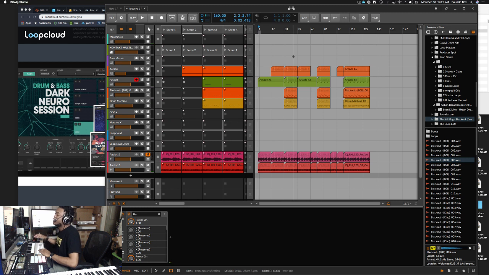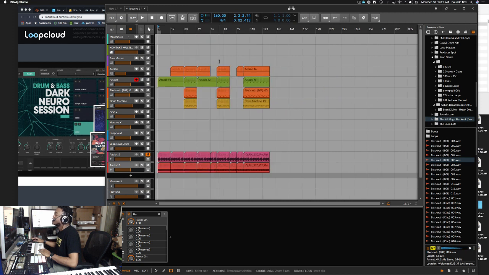So now we're working in the arrange window. I am going to minimize that because I don't need that section any longer. So now we're in the arrange window. I'm thinking like in Maschine.